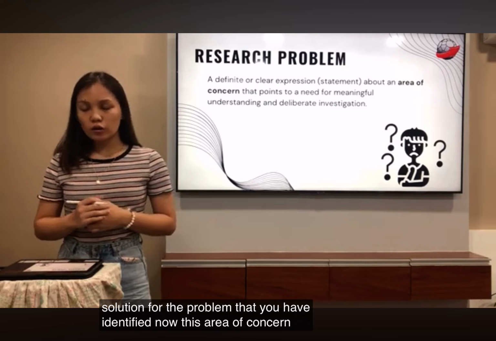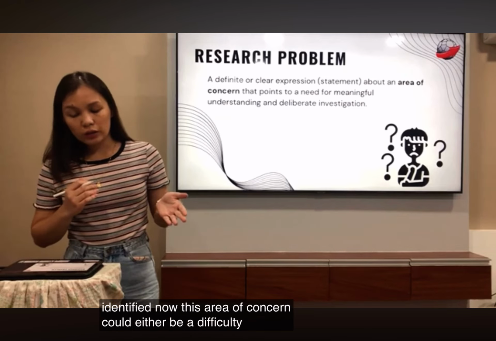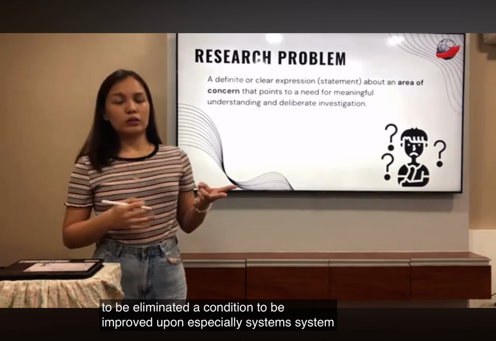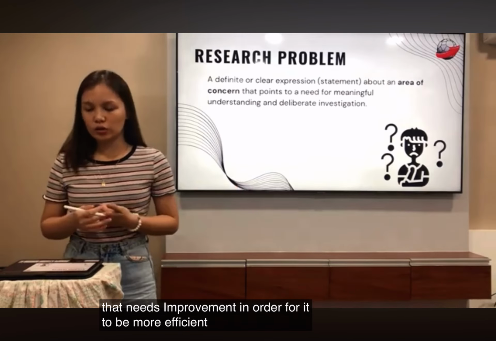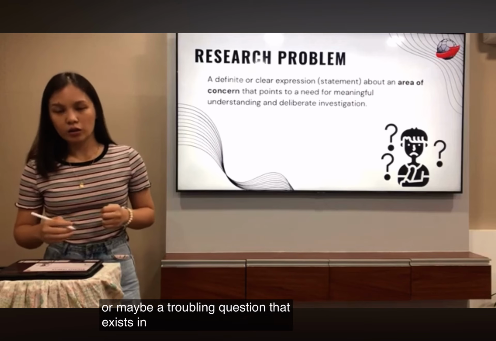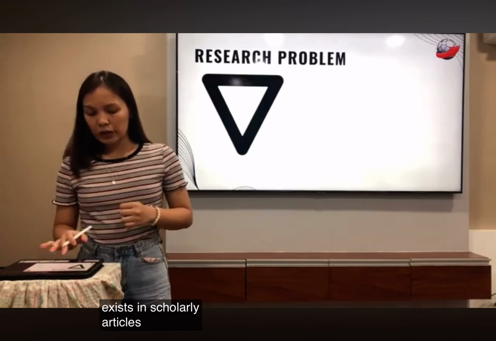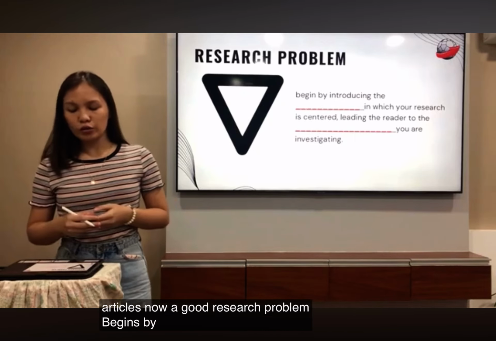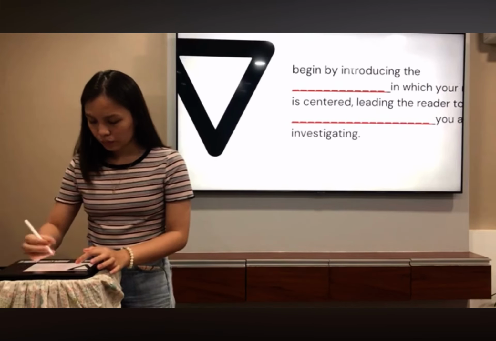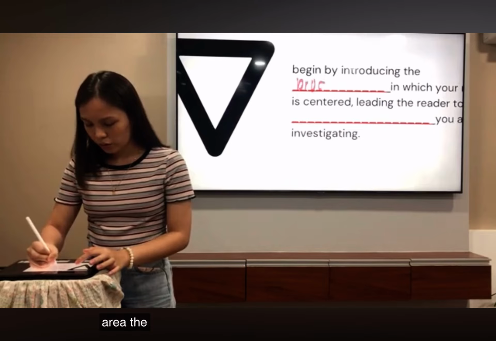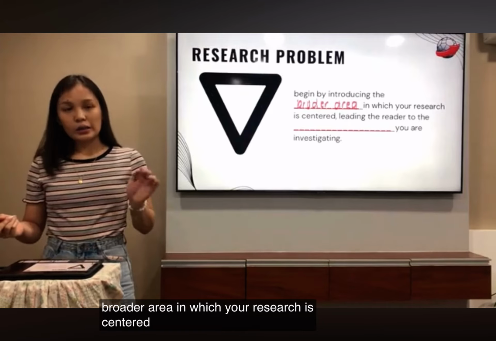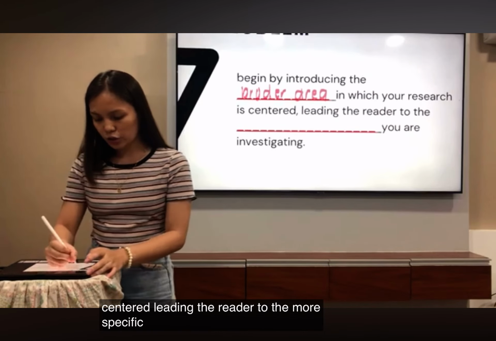Now, this area of concern could either be a difficulty that needs to be eliminated, a condition to be improved upon, especially a system that needs improvement in order for it to be more efficient and more effective, or maybe a troubling question that exists in scholarly articles. Now, a good research problem begins by introducing the broader area in which your research is centered, leading the reader to the more specific issues